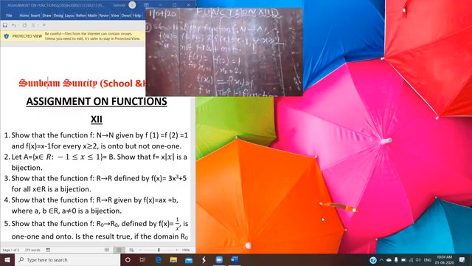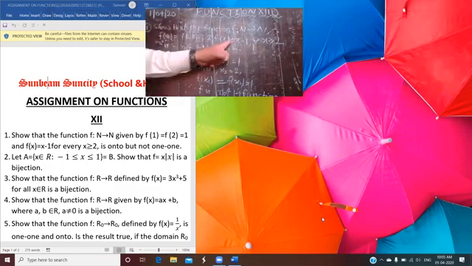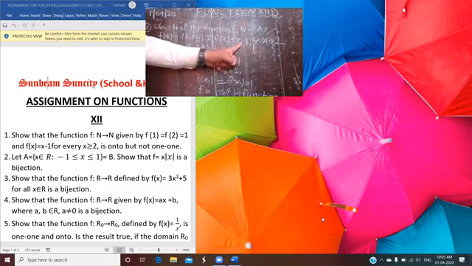Or the second method is that the codomain is equal to the range of f. Now if you see f(1) and f(2), among all the natural numbers, one is the smallest natural number and the next one is 2, and for both cases the value is 1. Also if you put x = 2 where x is greater than or equal to 2, the value of the function becomes x - 1. So if you put x = 2, you again have 1.